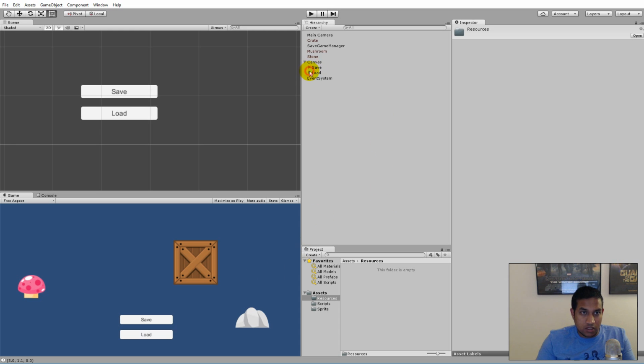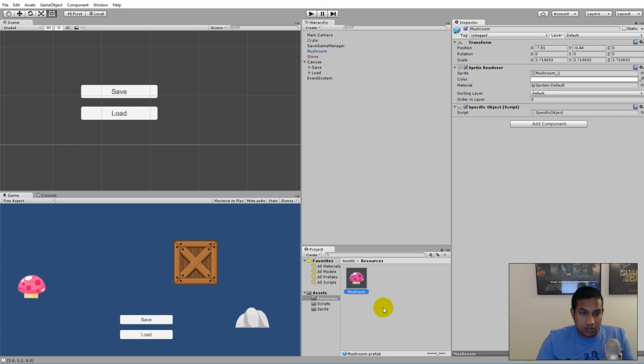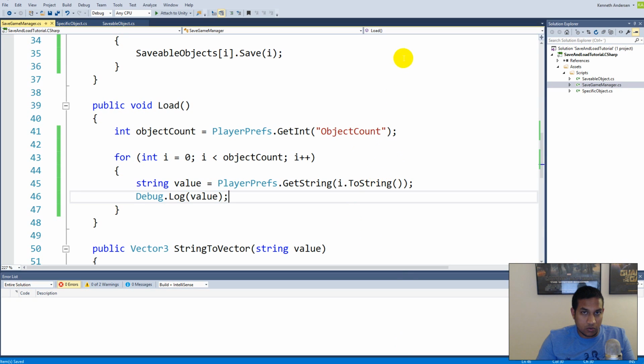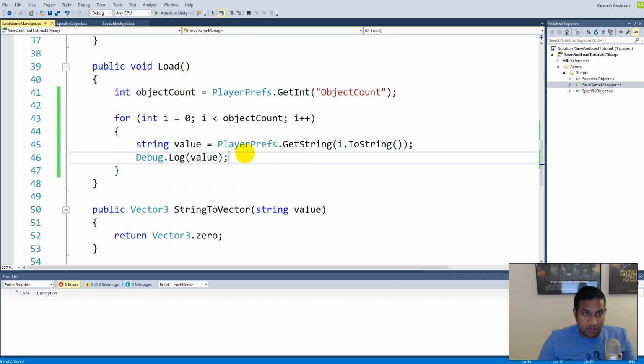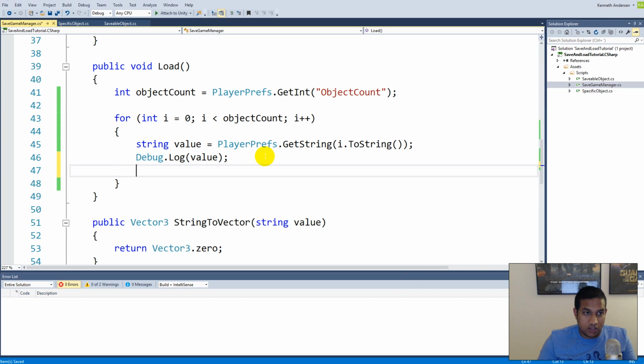So let's try to take our mushroom and drag it into the resource folder. Do the same for our crate. And we will have to do the exact same thing for our stone. So now we have these 3 objects in here. So now that we have them, we can go back to our save and load script. So as I told you, we are going to do this step by step. So we will just load one object now,